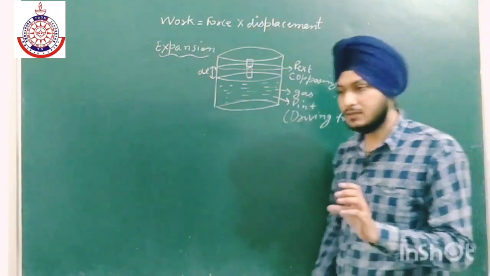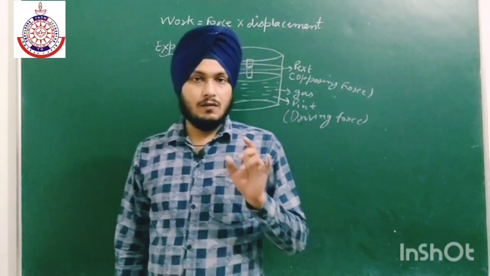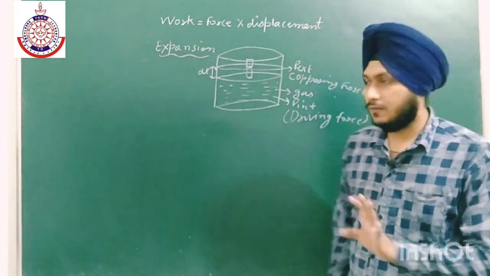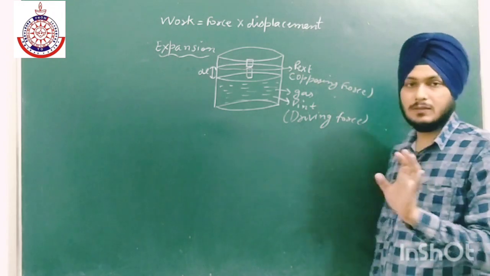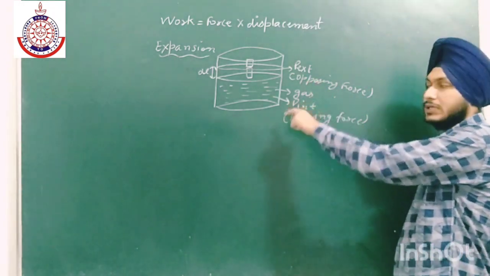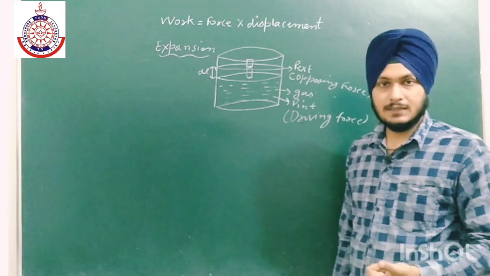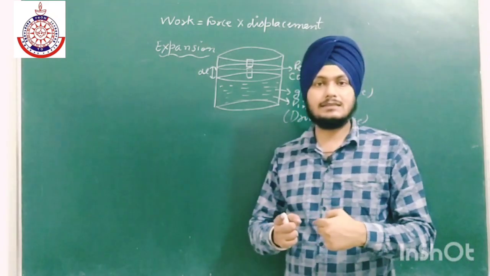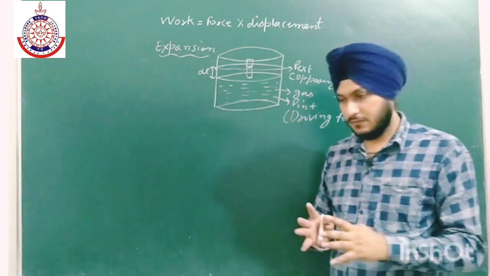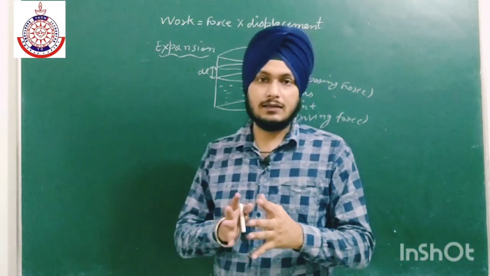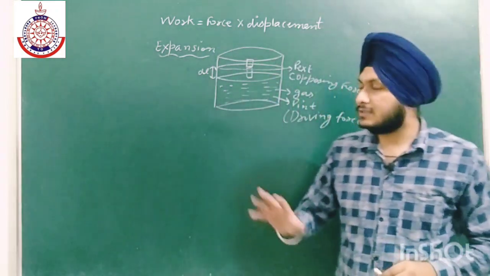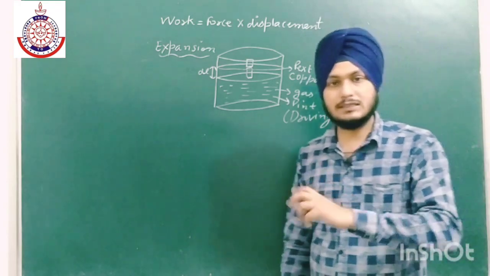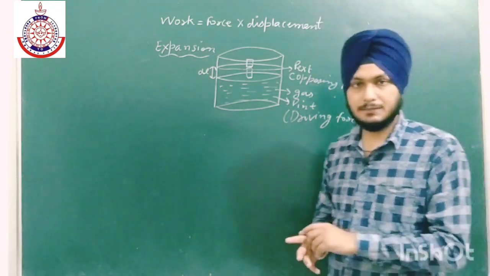Why is it negative? Because in chemistry, work done is always calculated in terms of P external. We always derive the formula for work in terms of P external, not in terms of P internal. In physics, they derive the formula in terms of P internal. That is why there is an opposite sign. Physics में क्या है, वो P internal के terms में work को निकालते हैं, and in chemistry हम P external के terms में निकालेंगे. That is why जो sign है वो opposite है in case of physics as compared to chemistry.